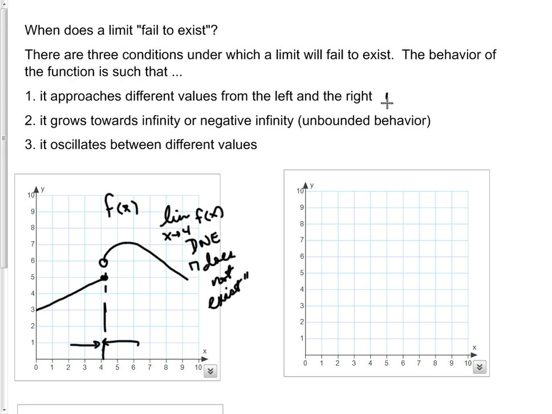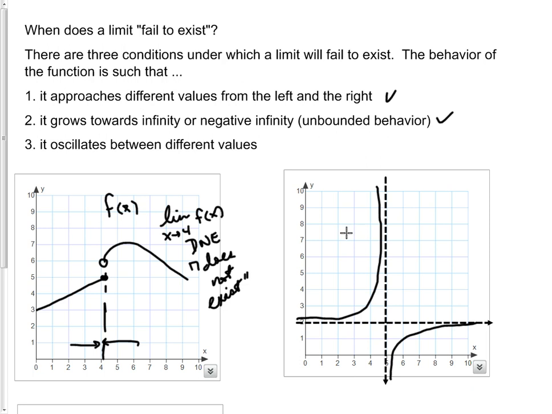Another case is that sometimes we have functions that go towards infinity or negative infinity. And don't forget, we had those kinds of functions when we were talking about rational functions. In our rational functions, we determined that sometimes we get a feature called a vertical asymptote, whether or not there's a horizontal asymptote. And if we have a vertical asymptote, we could have the kind of function that as x approaches 5, like in this case, y tends towards infinity, or y tends towards negative infinity, right? This is going to be that unbounded behavior. Finally,